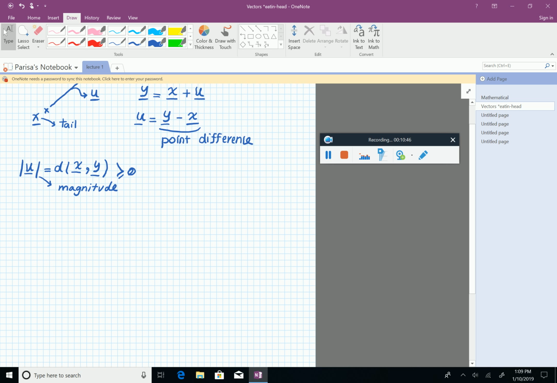Another important property of the vector is that if, let's say, we have points x and y, and points y prime and x prime, and considering two vectors u and u prime,